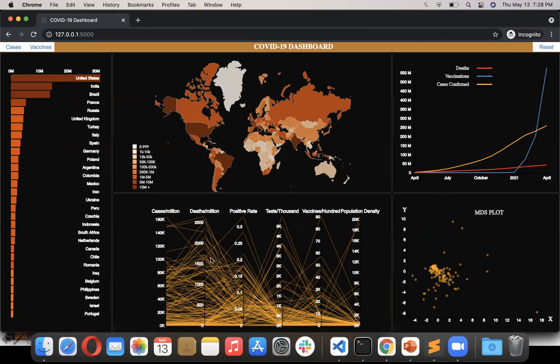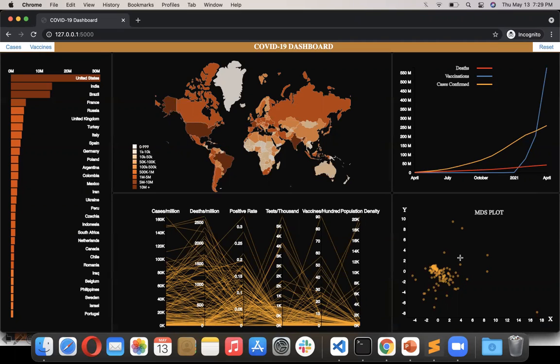And in the PCB plot, we have these different attributes from which we are trying to draw some certain inferences, which we'll be explaining next. And in the line plot, we have let's say three different lines. One is for vaccines, one is for the number of cases confirmed, and the red line is for the number of deaths. And this legend will indicate the significance of each of these plot lines. And we are considering April of last year to April of this year.